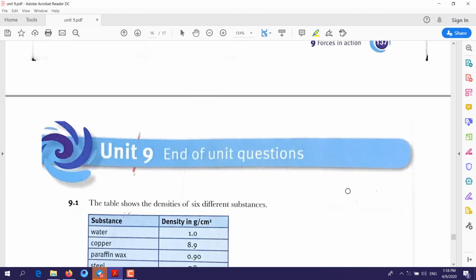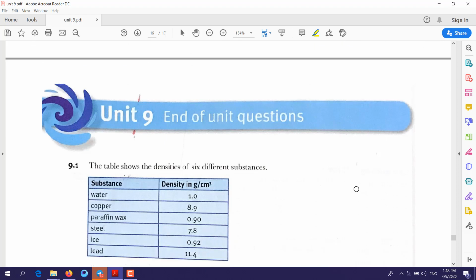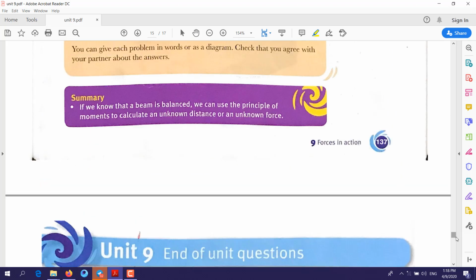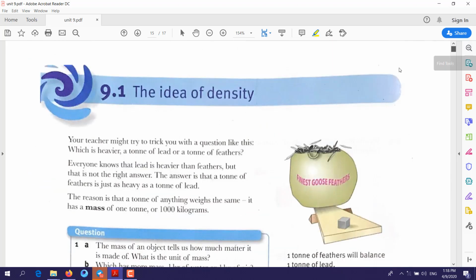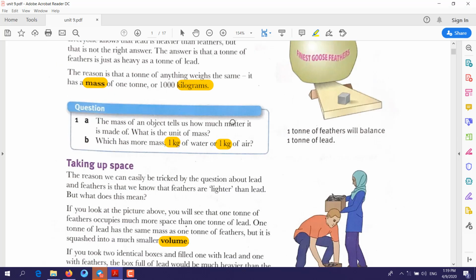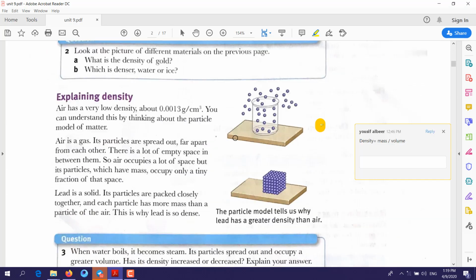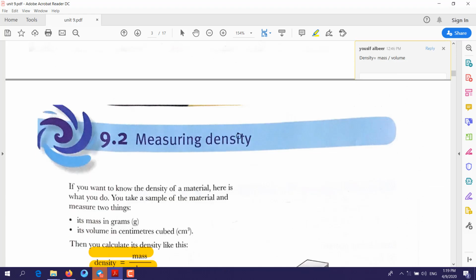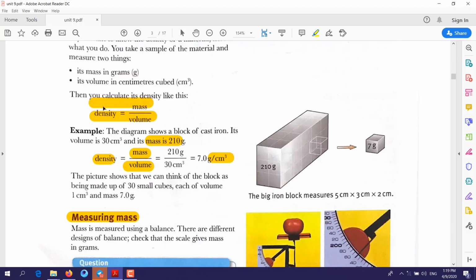That was everything for Unit 9. I hope you got benefit from it. Things to focus on in Unit 9, again, a quick review. Density, the definition of density: the amount of matter in a given volume. The formula of density says density equals mass over volume. By the way, students,